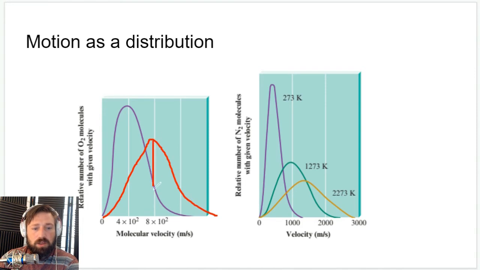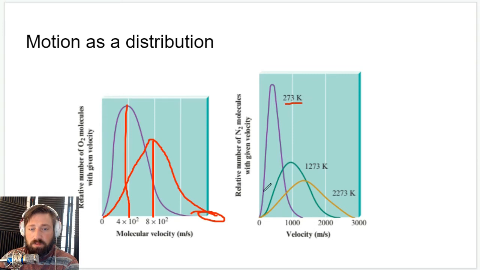The average increased, but there's still some that are really slow. And there are some now that are going super fast. So that is kind of what's happening. It's shifting this distribution over. Shift is not even the right word. It's stretching this distribution out. And you can continue to think about that if you like here with nitrogen, for example,